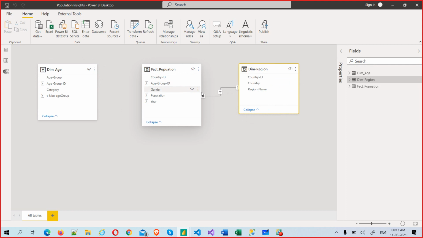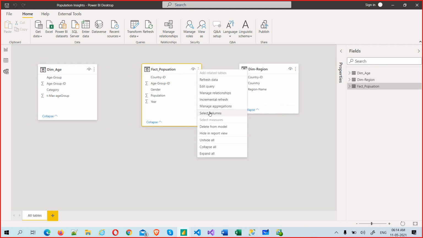We are getting fewer records and fewer duplicates. If you see in this data model, you will not have repeated countries or repeated regions, because we separated them and created a model. The model's benefit is to understand the data, remove the duplicates, and processing and working on the different tables.